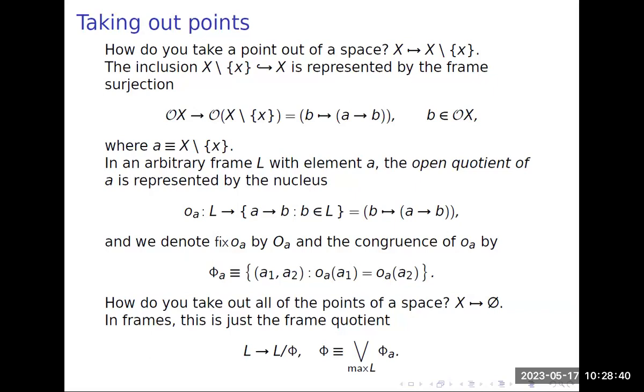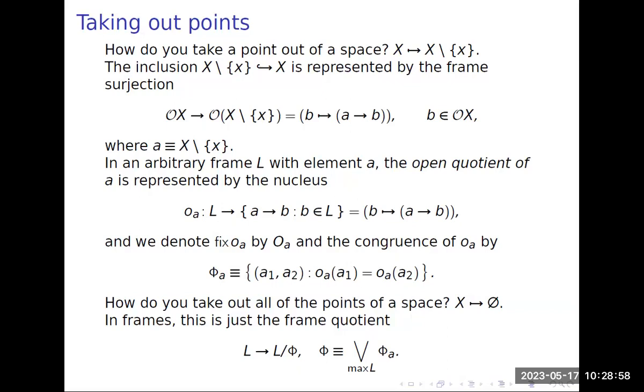The term in this business for that map is that it's called the open quotient corresponding to the element A. Usual notation is little o sub A for the nucleus and capital O sub A for